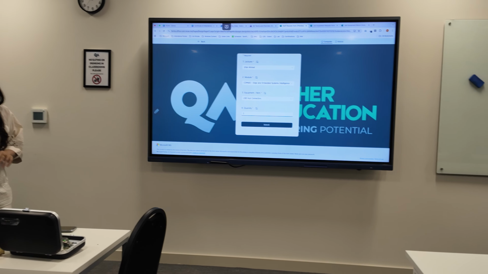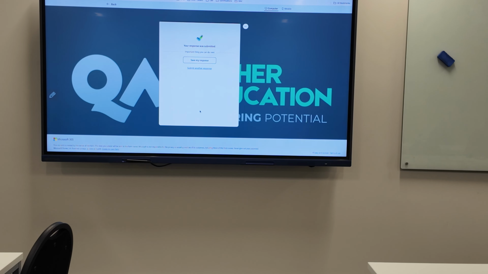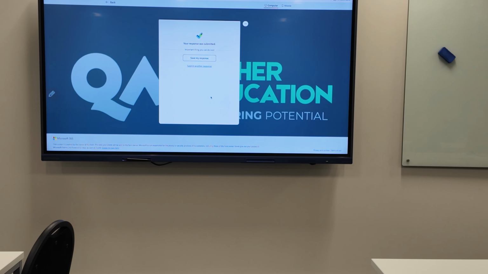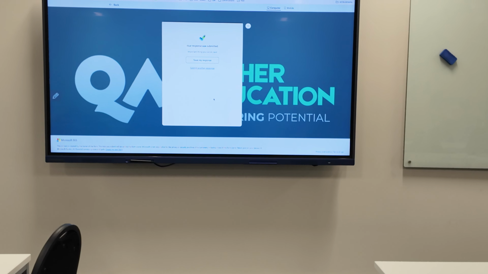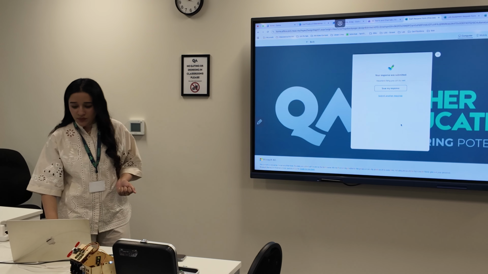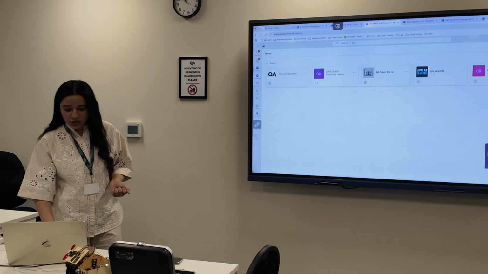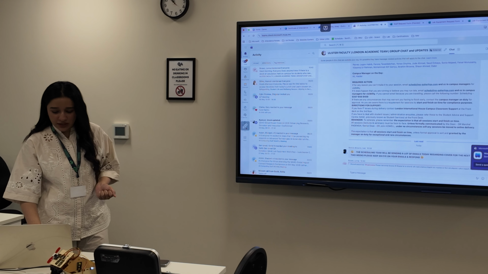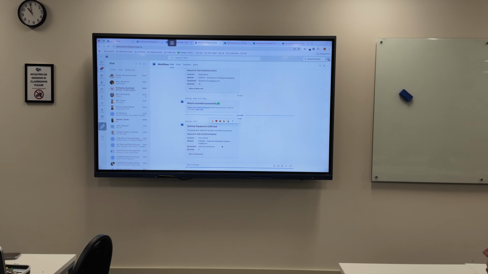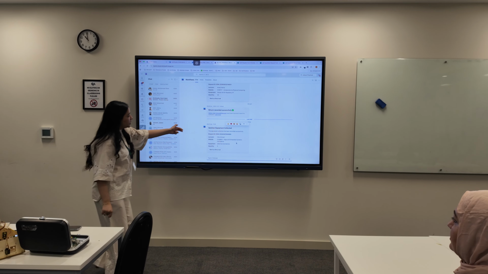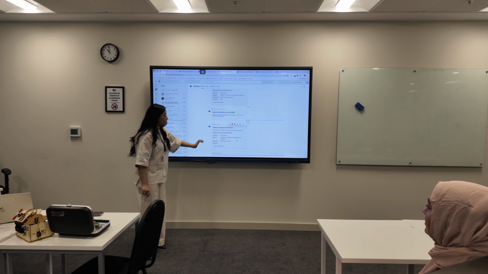You can mention the quantity, how many you need, and just click on submit. So these details are submitted to our tracking at the back end, so we have a record of which lecturer requested which item. And for your reference, in your Teams you get a notification like this. Because you have to use your QA email, you get a recording like this, like an acknowledgement showing the lecturer and everything.